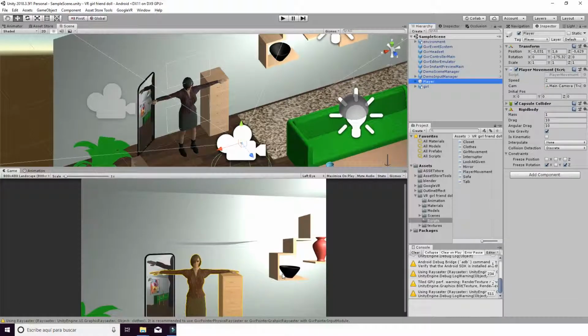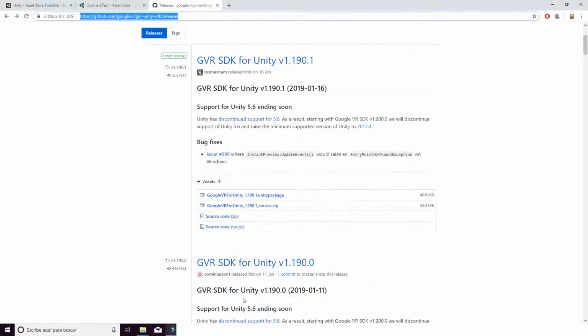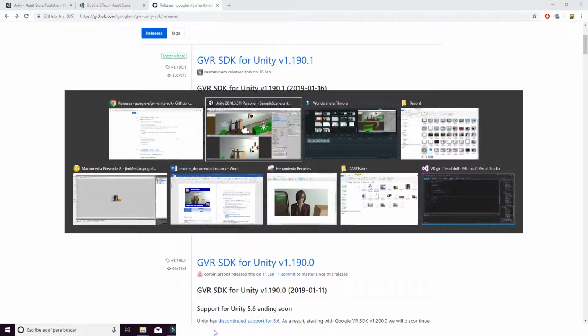Welcome to this second tutorial about the VR girlfriend. In this tutorial, what we're going to see is the different packages you have to import in order to make your game work. So you have to go first to GitHub and search for the Google VR SDK. You have to download it from here and import it into your project. That will give you the following,